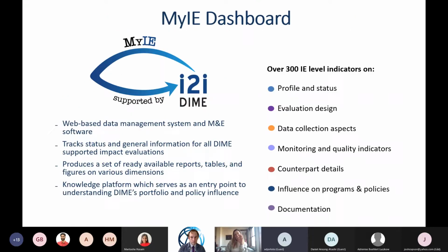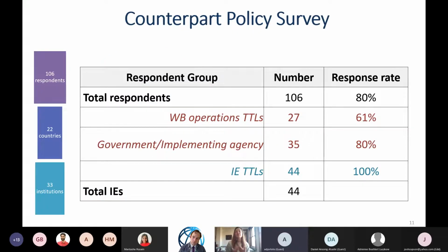And I'm happy to talk more about our internal and external survey, but I can talk more about it at the end if you're interested. But what we do have internally is a dashboard where we collect all this information. And then when we go out externally, when we talk to you, it's an actual survey that is implemented by, for example, our field coordinators or our research assistants that are going to call, let's say, you or people at the World Bank and ask a bit more about what happened.